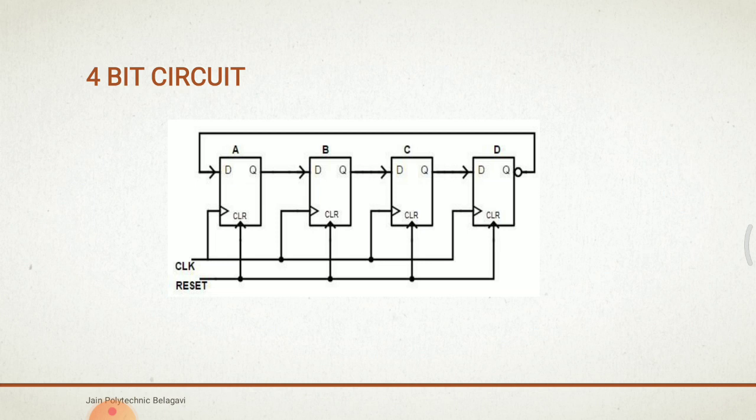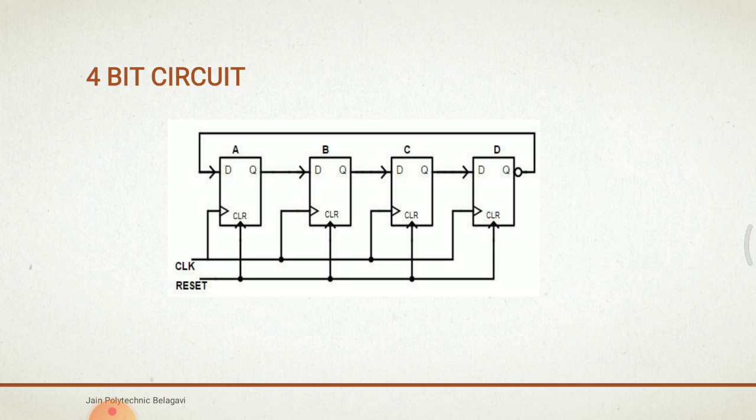Initially, flip-flops in a ring counter are reset to 0 by applying the clear signal. Before applying the clock pulse, we apply the reset pulse to the flip-flops, which assigns the value to the ring counter. Initially you are going to provide the value 1 to the ring counter in the circuit. For each clock signal, data circulates among the 4 flip-flop stages of the ring counter. And these 4 stages of the ring counter are called a mod 4 ring counter or 4-bit ring counter.